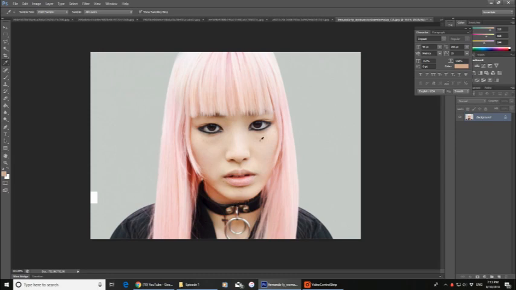So when it's almost the same color everywhere, it's also low contrast, because in this case the hair is light and this is light too. So